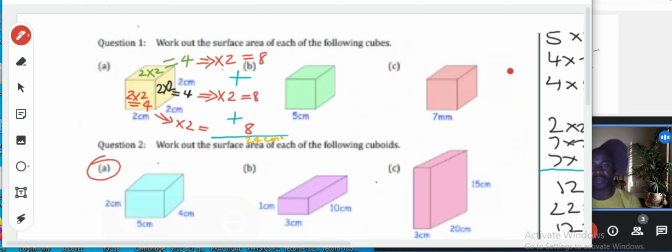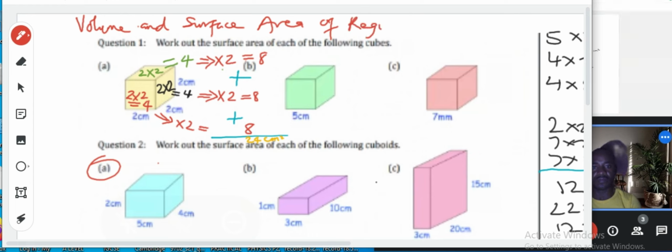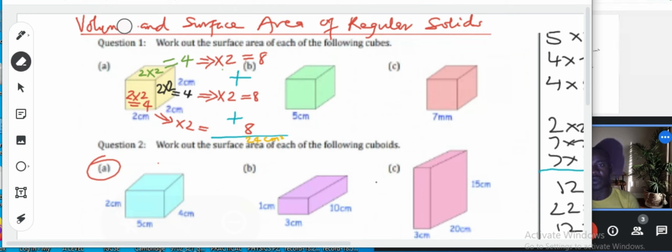Okay, so let me just title it: volume and surface area of solid, of regular solid. All right. Okay, we